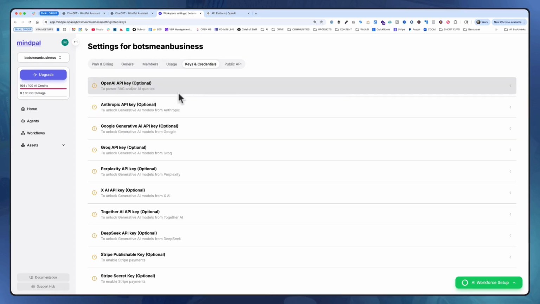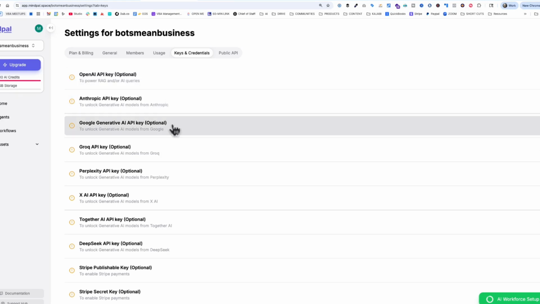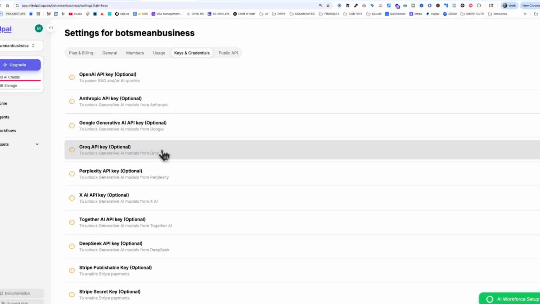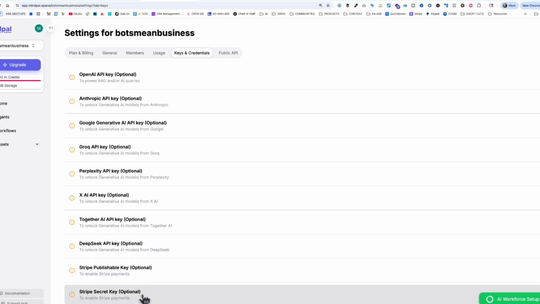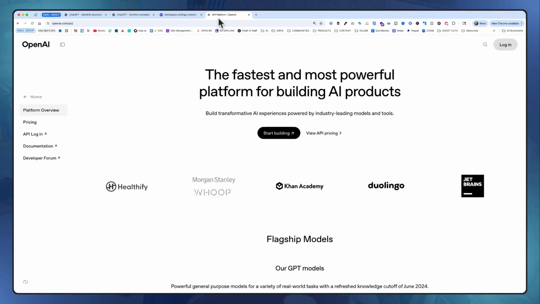This is where you can input your own API keys to utilize ChatGPT, Claude, Google Gemini, or any of these other language models and tools. And that way I'm paying for the usage of the ChatGPT models, for example, directly through OpenAI instead of using MindPal's credits. So the way this works is you can go to